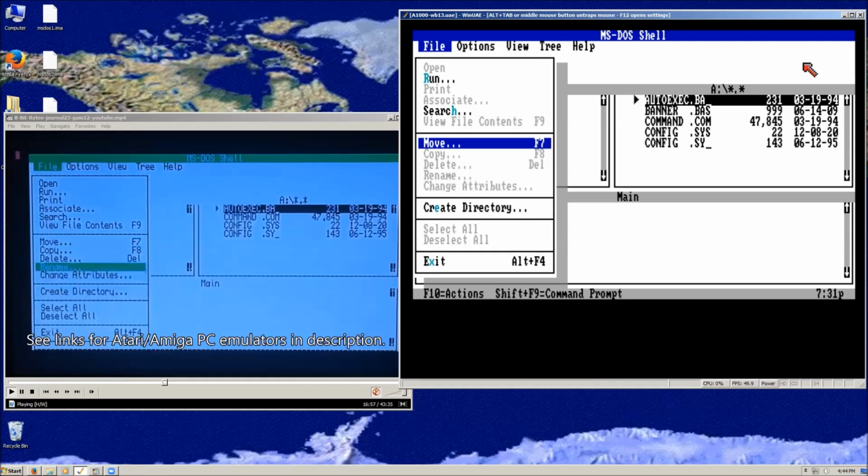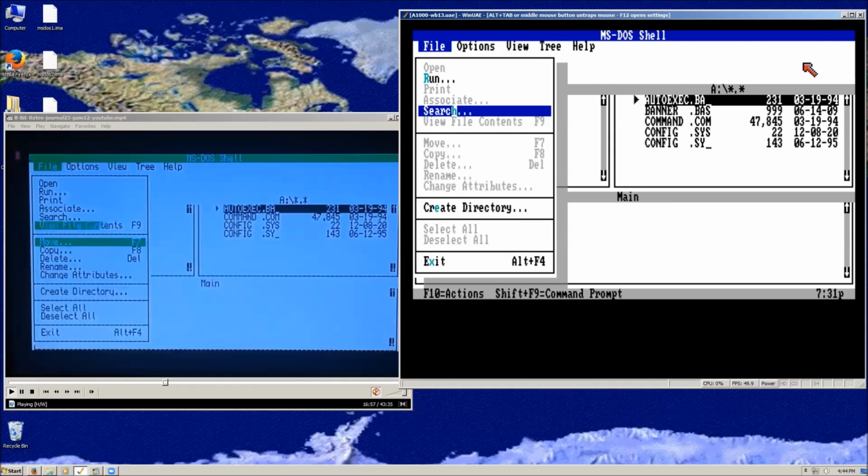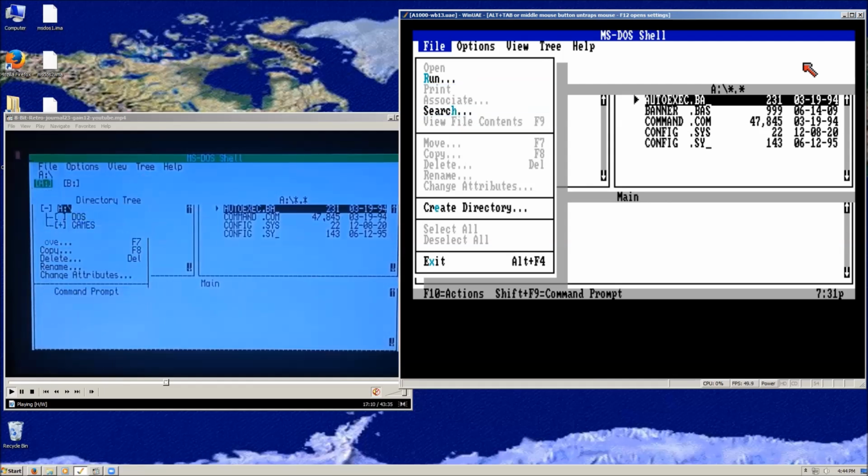C-Link. Oh, I think that's where I talked about the speed of the Atari and Amiga PC emulators. Transformer was a little clunky, but this one's good. PCTask, yeah, kudos. All right, so I think we're going to exit out of this. I don't think I did anything else. So yeah, let's exit out of